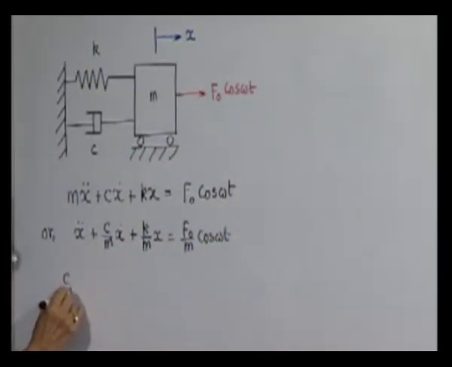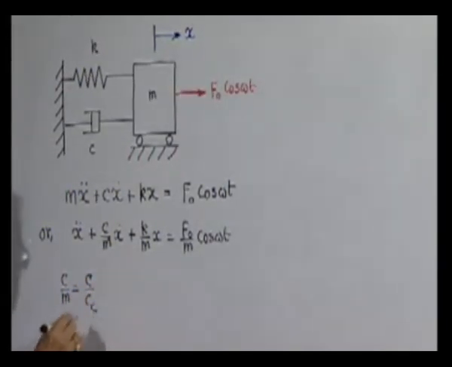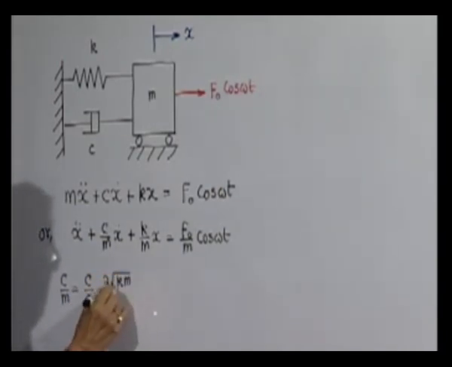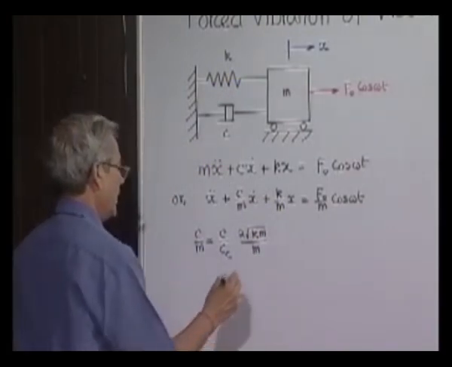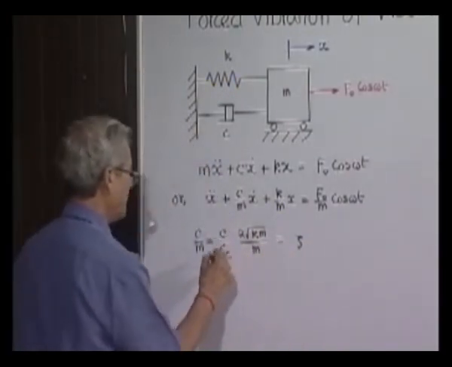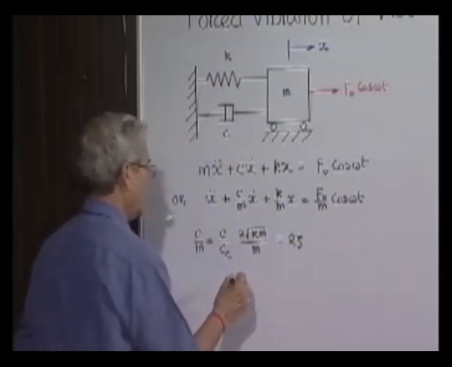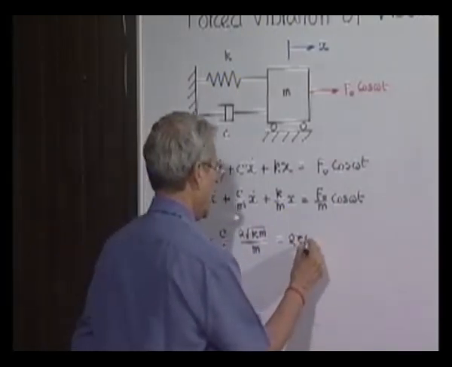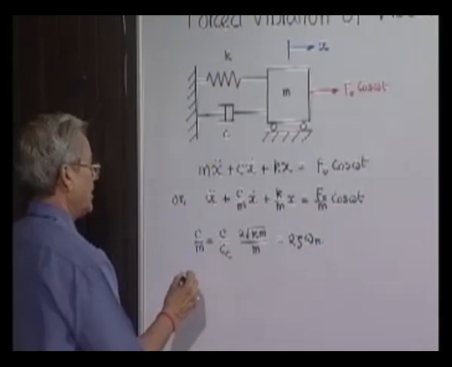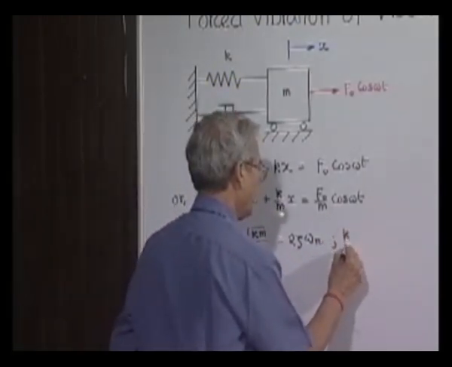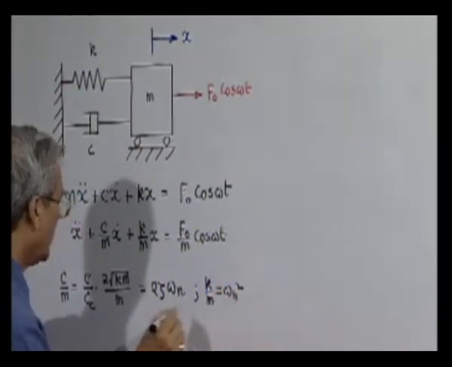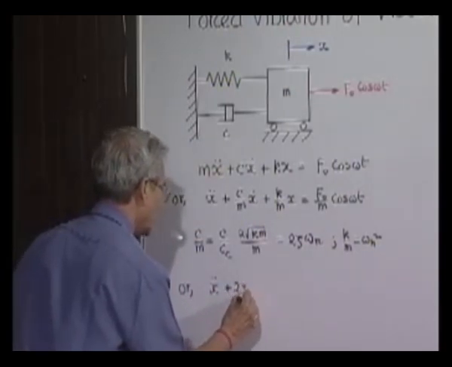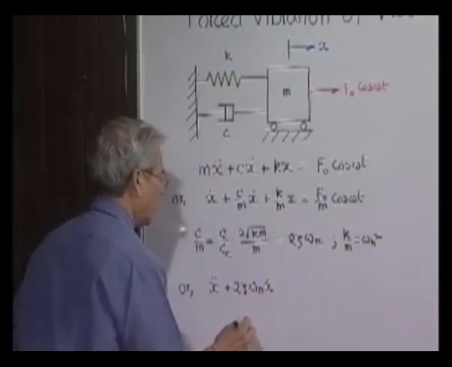Now, c by m can be written as c by c_c, that is the critical damping coefficient, into c_c, which is nothing but in this particular case 2 root of km by m, and that is equal to zeta, the damping factor, into 2, and root of km by m is nothing but root of k by m, that is omega n. Similarly, k by m is omega n squared. So, this equation can be again written in this form: x double dot plus 2 zeta omega n x dot